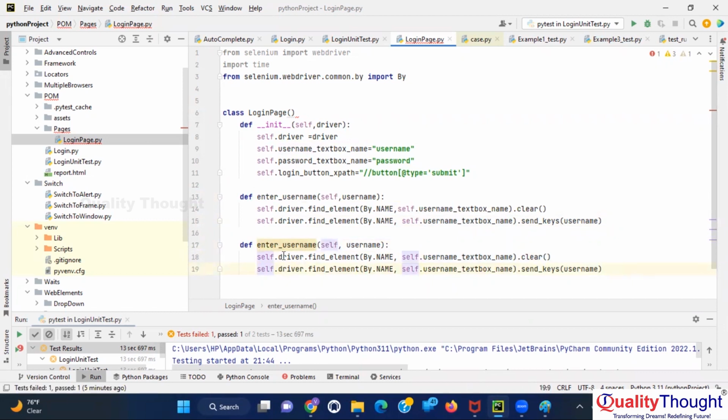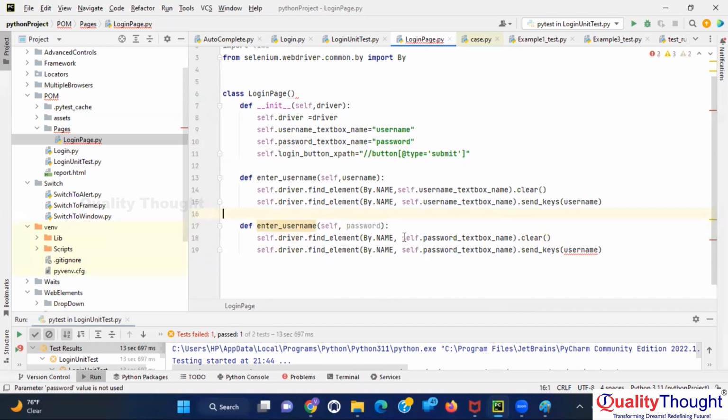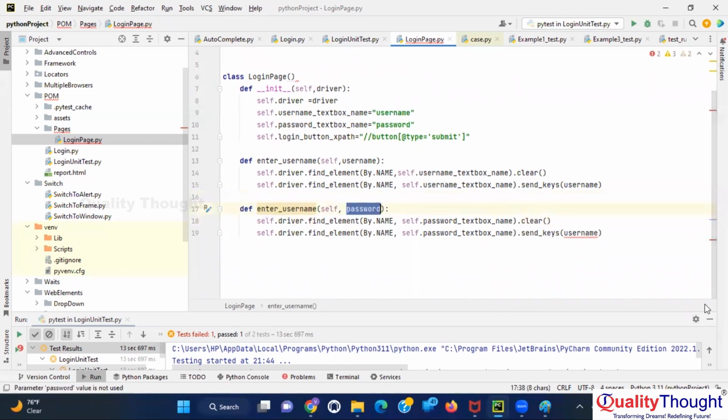So instead of this, I have to replace it with this variable. Yeah, so username, password I'll keep. And